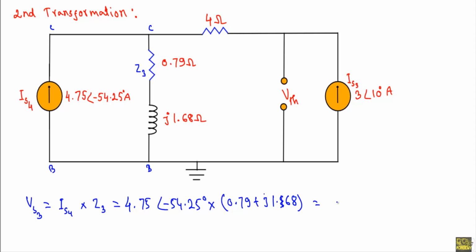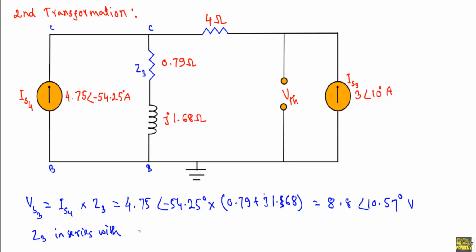This will be equal to 8.8 with phase angle 10.57 degree volt, and I will place the impedance Z3 in series